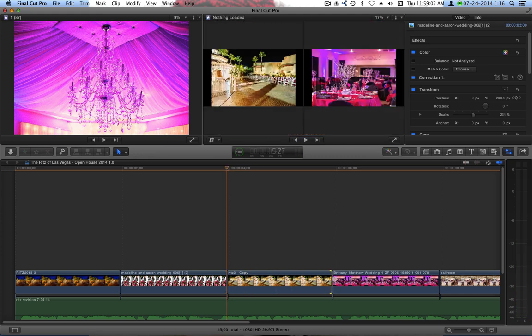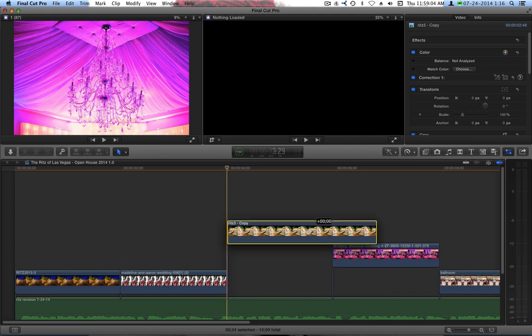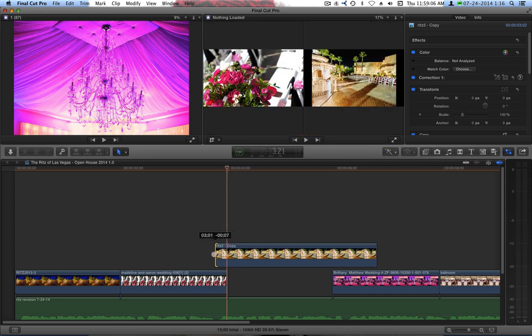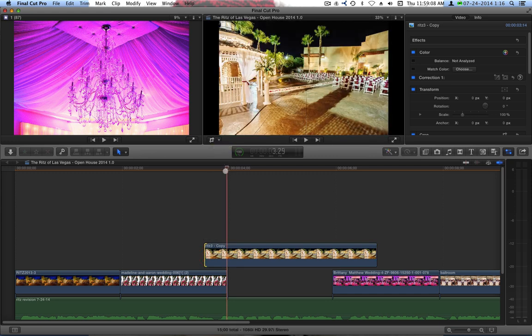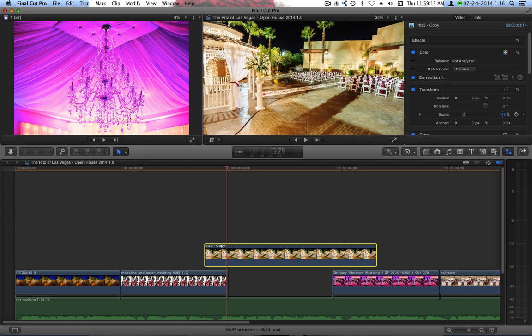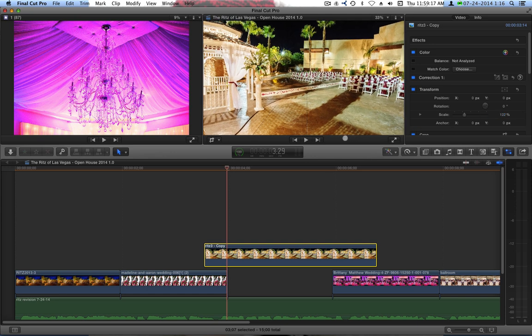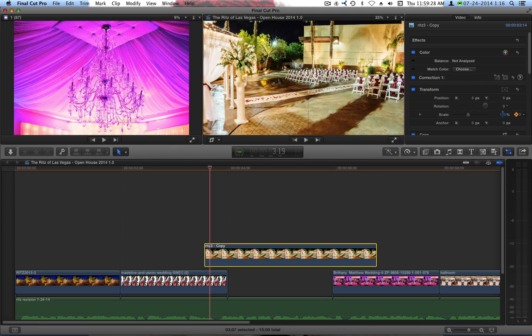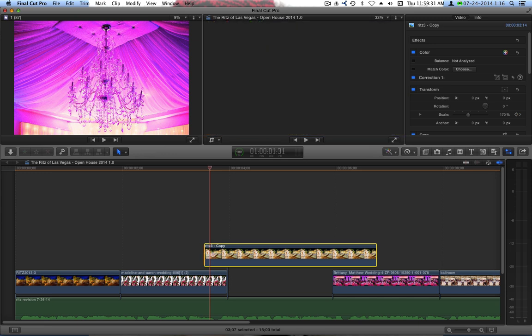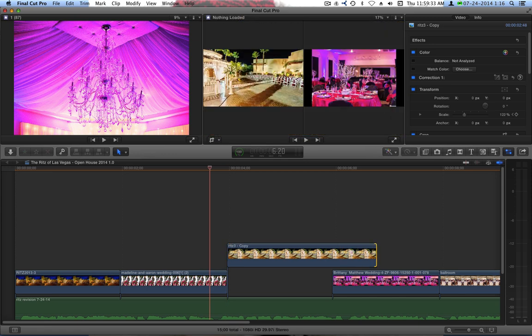All right. We are going to put this one on top. What kind of movement should we do with this? I say this one we do a little bit of a zoom out. So here's how we do a zoom out as opposed to a zoom in. Instead of starting my keyframe in the beginning, I'm going to put it here at the end. And then I'll go to the beginning and put my new keyframe and zoom in. And then when I cut it down to the time that I need,